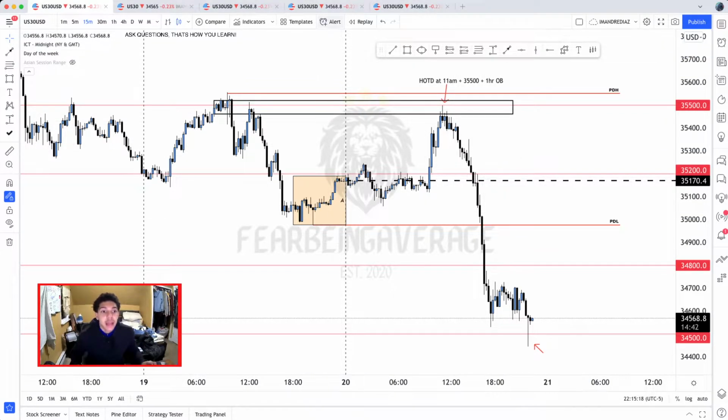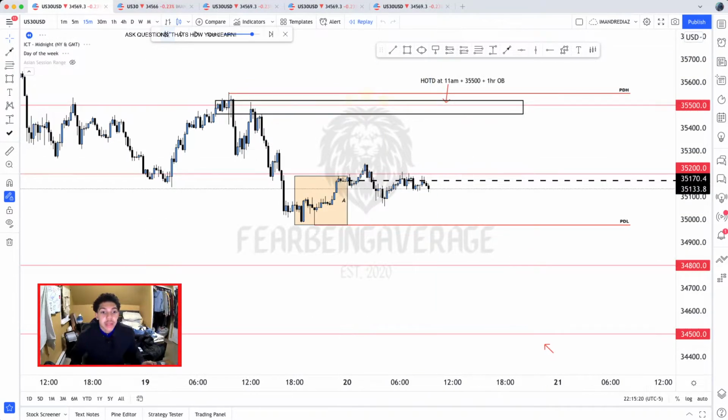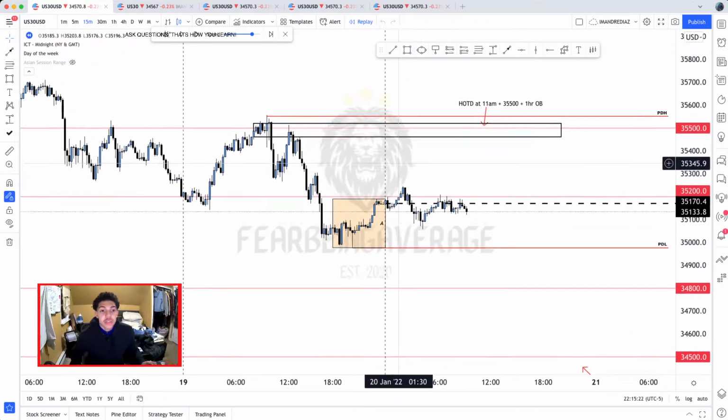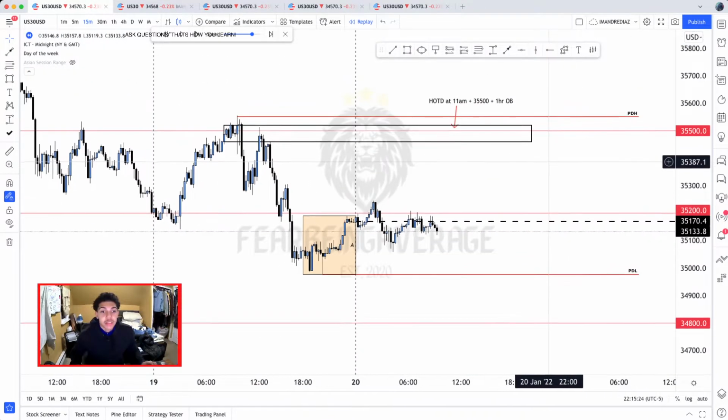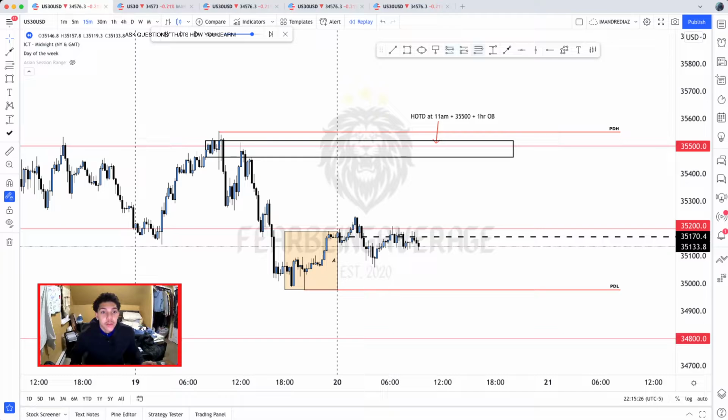But before we get into that, I want to show you guys how I was able to capitalize on this buy trade. Even though this wasn't a long-term trade, this is still something I was anticipating. So what did I do? I was basically anticipating price to have this push to the top side. Why? Because I seen that we made this low down here at 415. I was anticipating that this was going to be the low of the day.